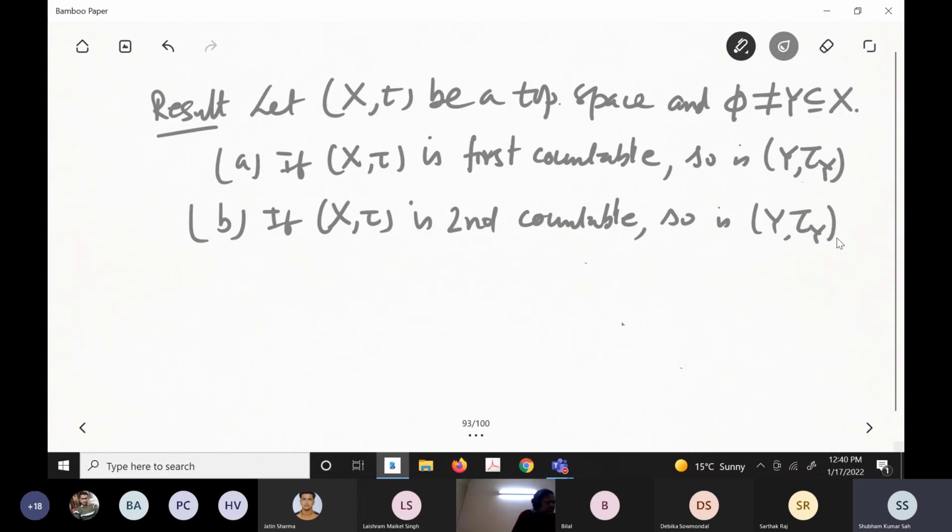Well, I have told you first countable, second countable, and these are called the countable axioms, the countability properties of a topological space, because everything is countable. What about separability? That means if (X, tau) is separable, whether it will be separable or not. That's a big issue. That's why I have given you that thing: every second countable space is separable. For a metric space, it is separable if and only if second countable. Now look, for a metric space, how will we do that? So let me give the result for separability for a metric space.